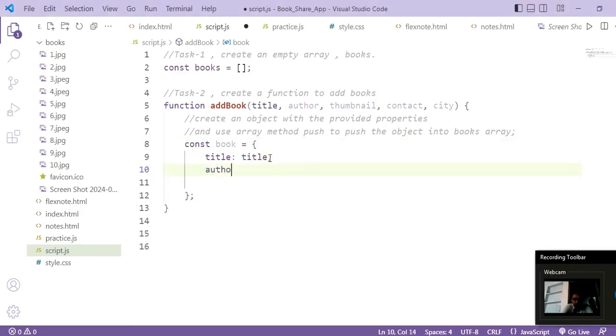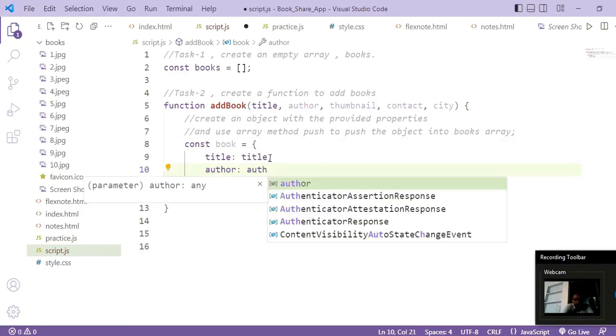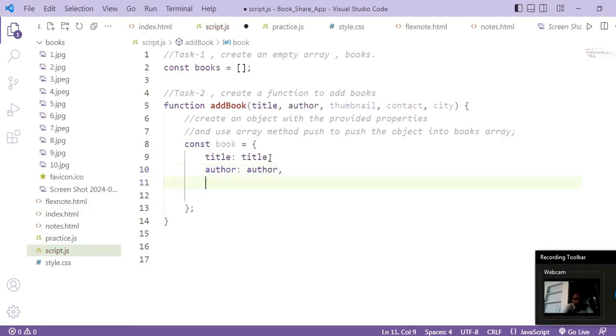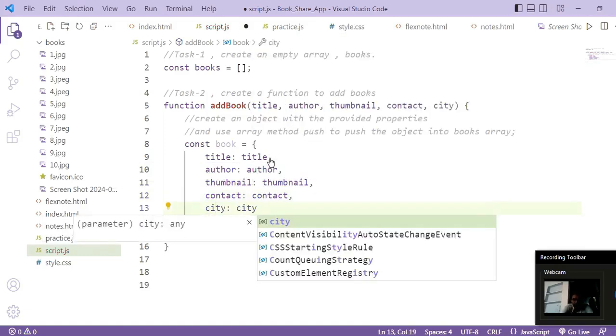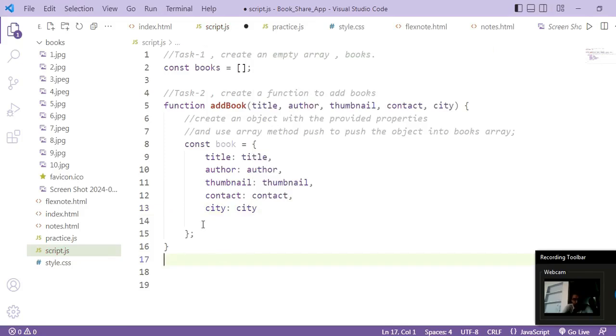Okay, then we have author as a key and its value author, then thumbnail as a key and its value thumbnail, then contact as a key and contact as a value, and city as a key and city as a value.